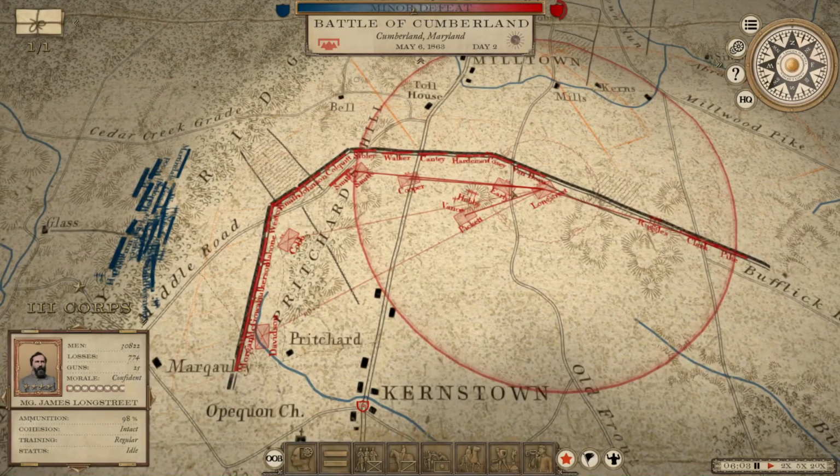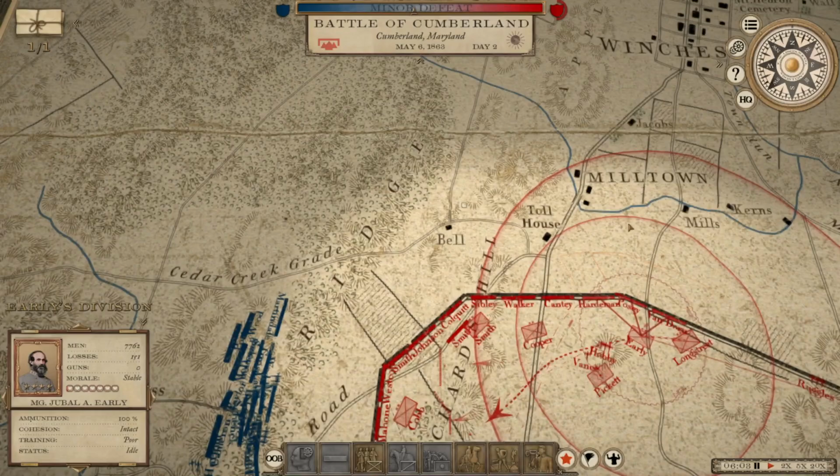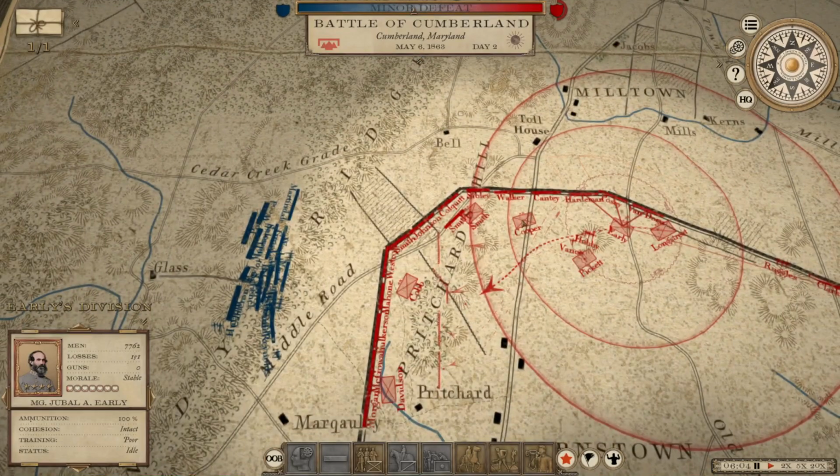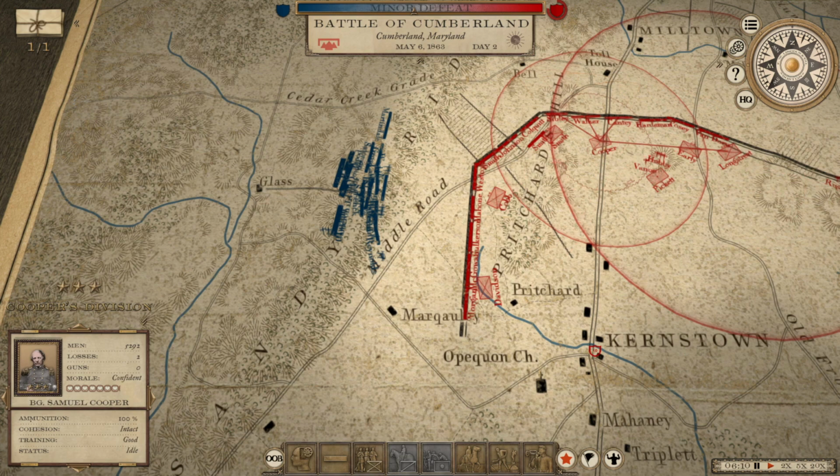Okay, well, how about you bring Early's brigade over as a reserve behind that line there? I'm going to guess they're not going to come out of Milltown now. And let's just see what they do. They're probably going to try and sneak around my flank. Yep. So Cooper, you swing down here and refuse the line down on the objective. Use that creek as a...